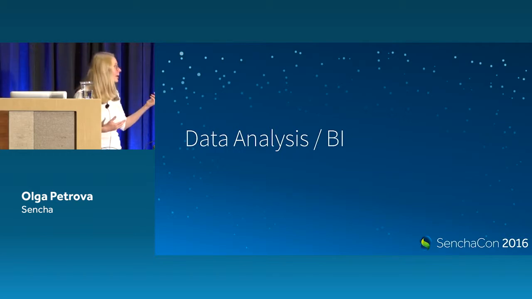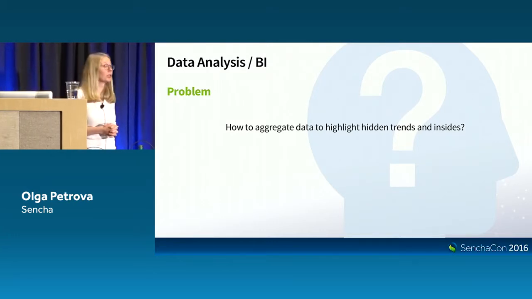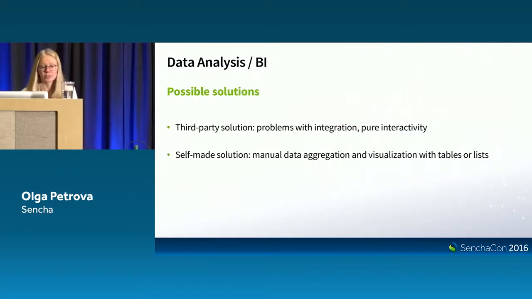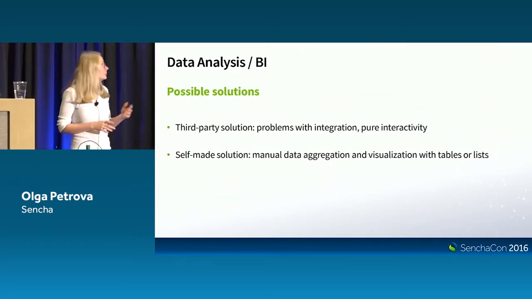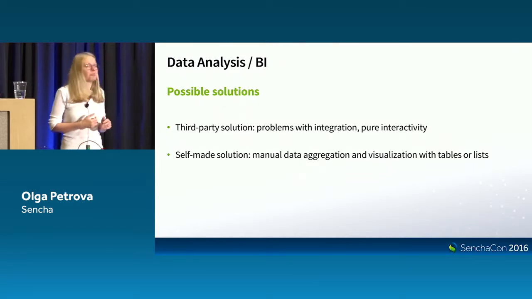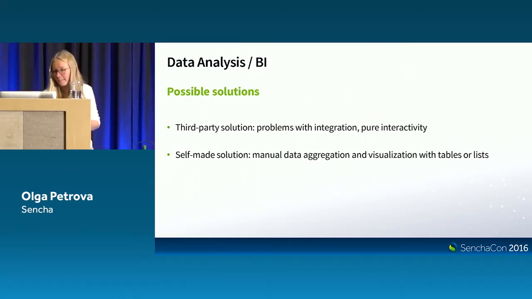So the second part is the mandatory part, BI visualization. And the question here is how to aggregate data to highlight hidden trends and insights, how to show your data in business intelligence to a user in a meaningful and useful way. Possible solutions here are third-party solutions that you may find on the internet and integrate into your application, or you may create such a solution on your own, manually aggregate data and show it in grids or lists, or you may